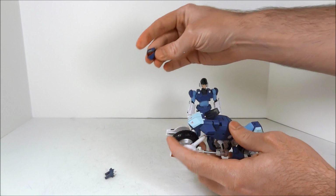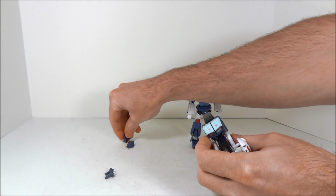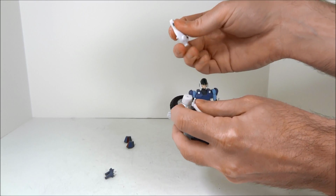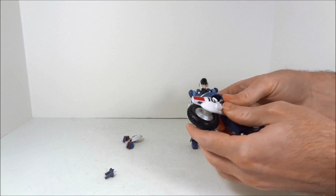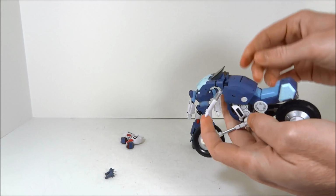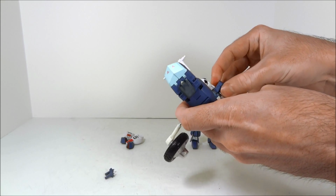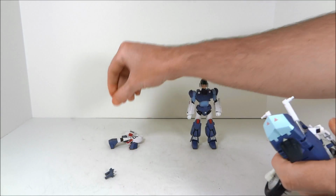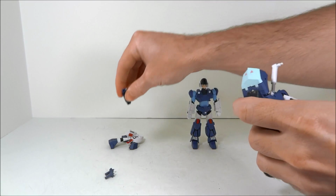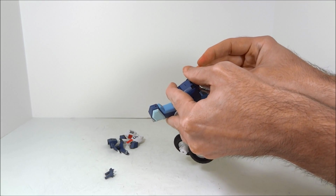You can then do the shoulder armors. Those obviously will go back onto the toy. You could do the front gauntlets here. Those are going to go back on later. You can do the hip armors. Obviously they go back on later. This toy gets a little spindly at this point. Alright, now you can